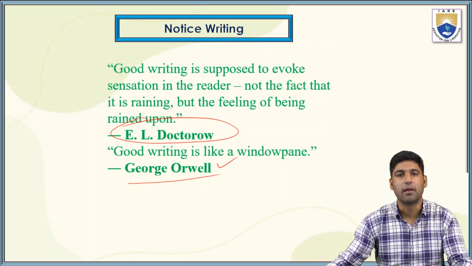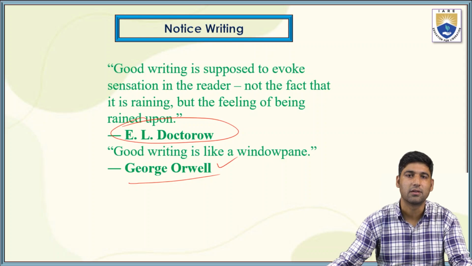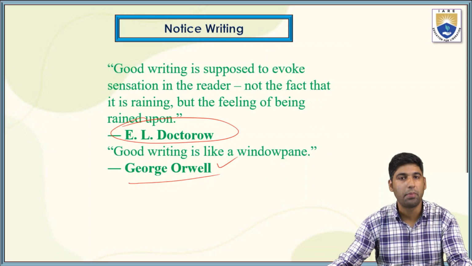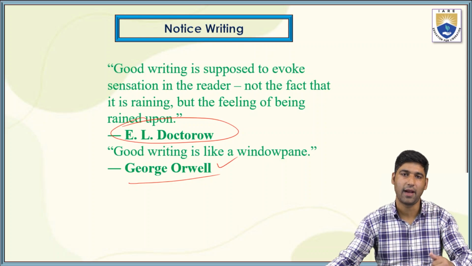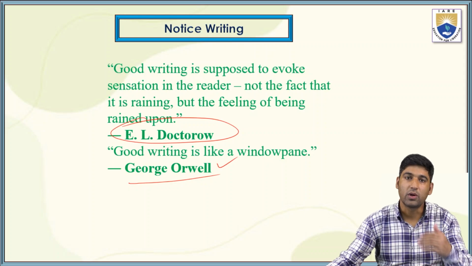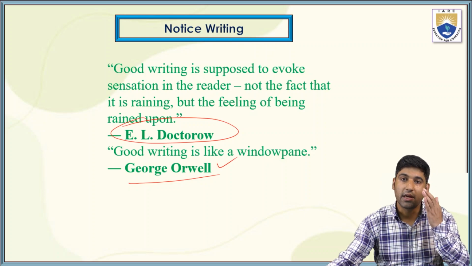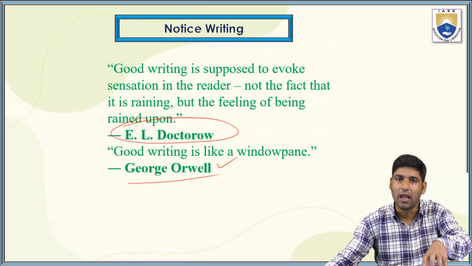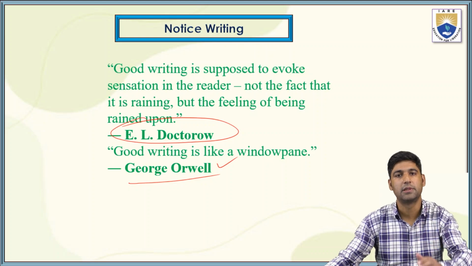That can be extracted only when a writer treats his writing like a window pane. There should be that transparency in the writing, so that one can exactly reach the level which you want to convey through a specific